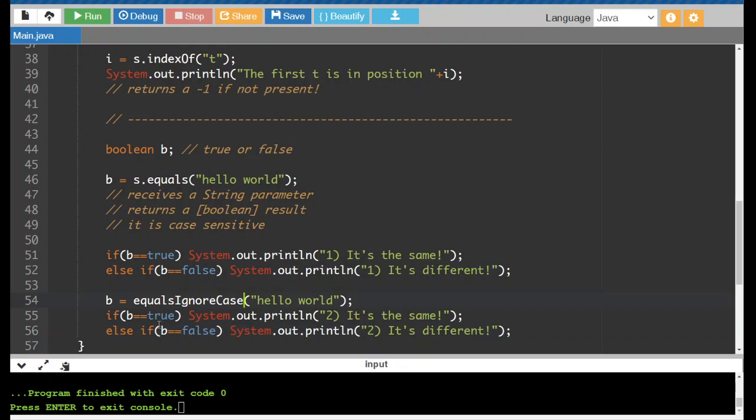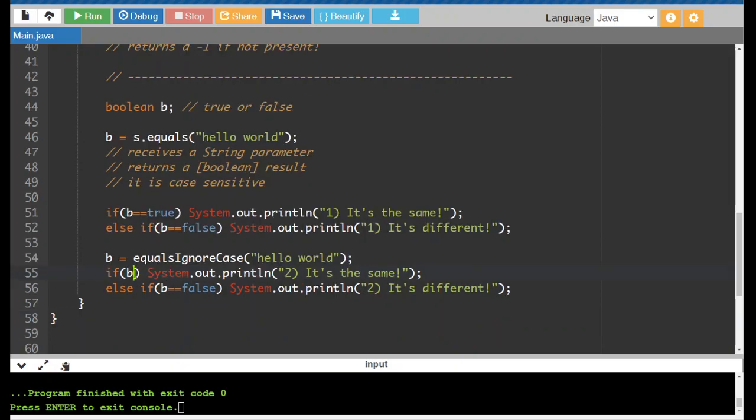The other thing that you can do here is b itself will be true or false. So you don't actually have to check to see if true is equal to true. We can say if b, and b will be equal to either true or false. Now the negative version of this, if we removed that, we would say if not b, which means false. So if b is true, then we'll say it's the same. If b is false or not b, it's different. So if we run that,